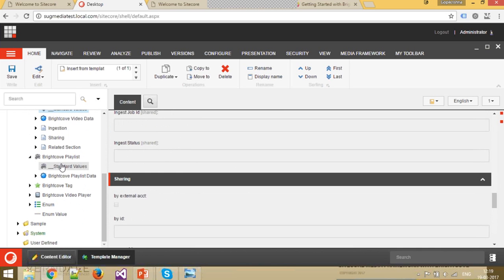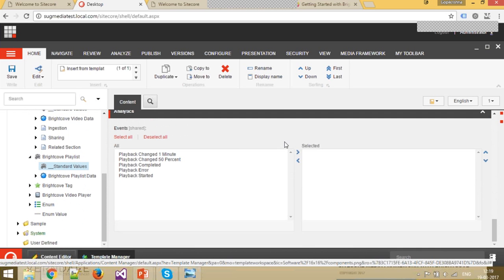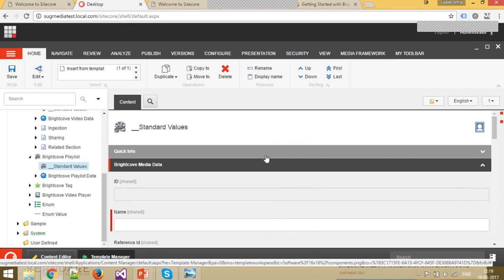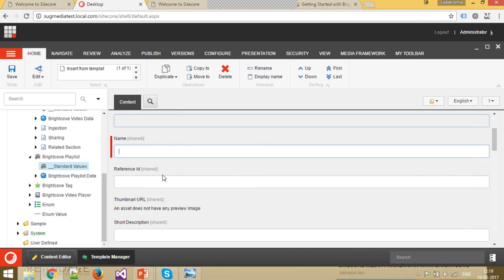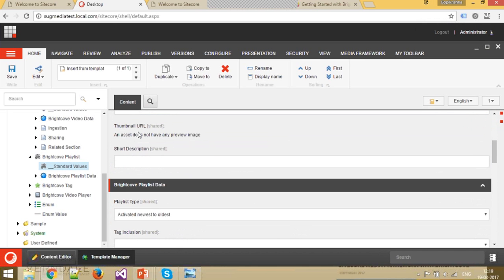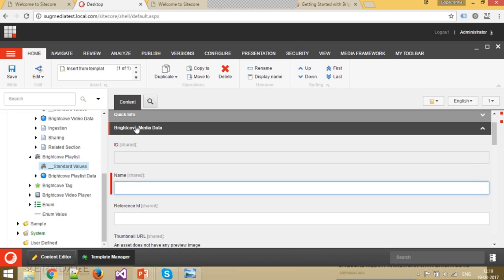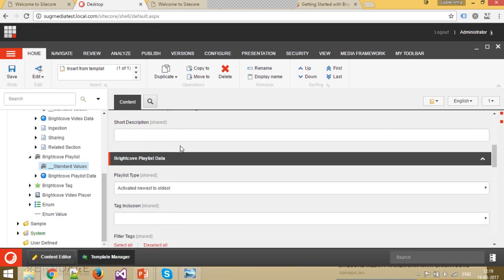And let's see the playlist part of it. So these IDs, if you observe, these are read-only fields. Once we get imported from Brightcove, the video ID gets imported, and it will be read-only. We can't modify it. And name is name, reference ID. There are particular fields. This metadata is common between video as well as playlist. And here we have